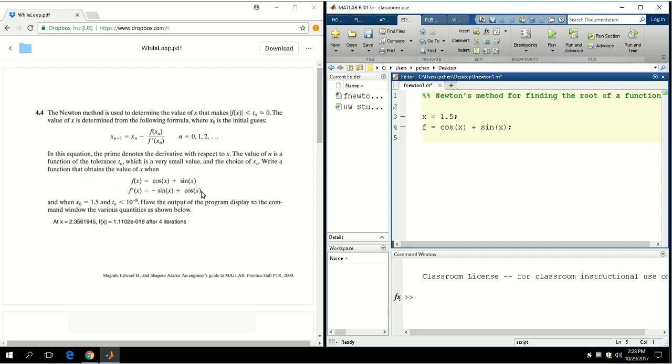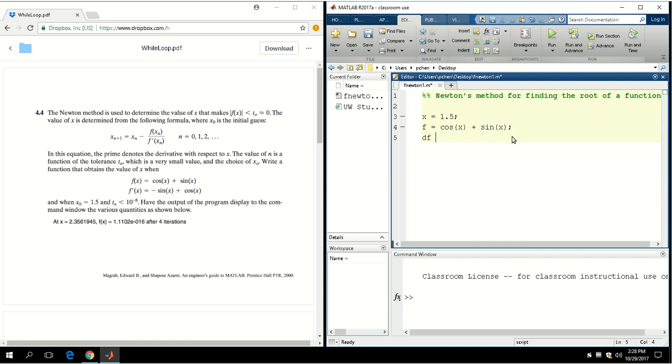That's for storing the value of the function. So f is the container for storing the value of the function, and it's evaluated at the initial value of x, 1.5. So once Matlab finished executing this line, f is going to store the value of cosine 1.5 plus sine 1.5, and